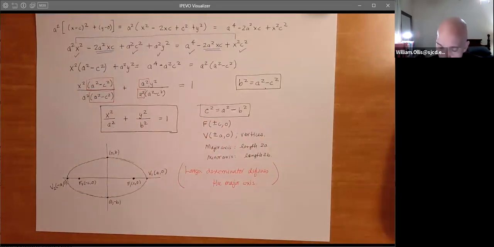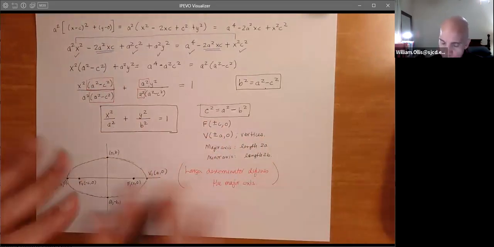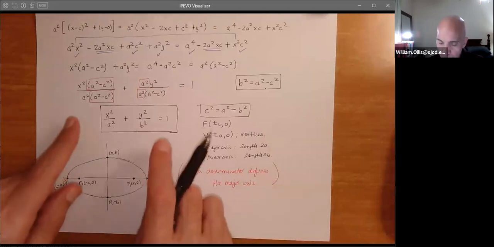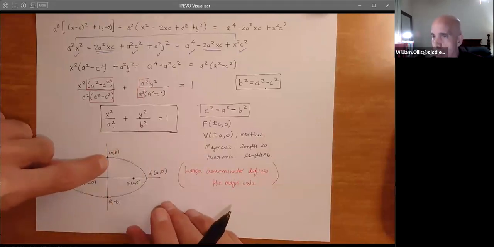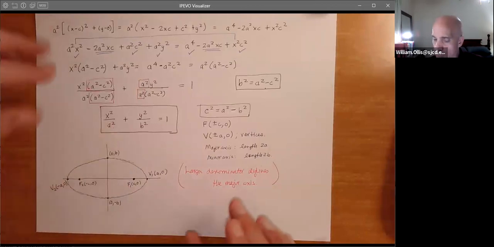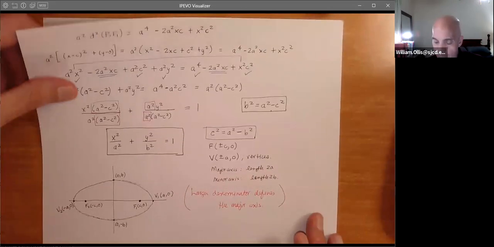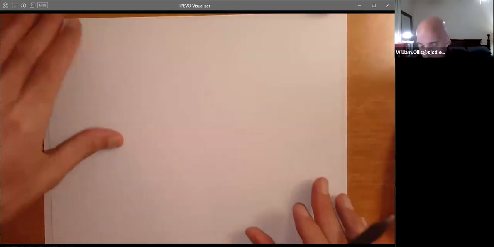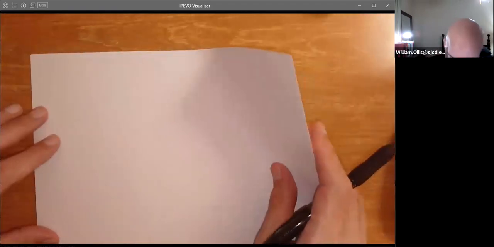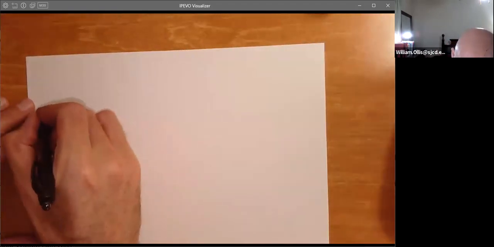Okay, so again, you're thinking, what if we just flipped all of this stuff around? What if we flipped the x's and the y's, and we had decided that we wanted to put the foci on the y-axis? Well, let's just write that down, just like we did for the parabola. Again, this is just bookkeeping. So if we want to switch things around and do something like this,